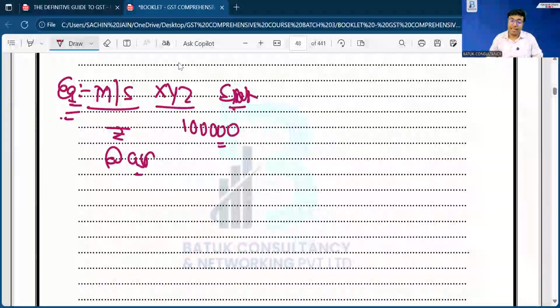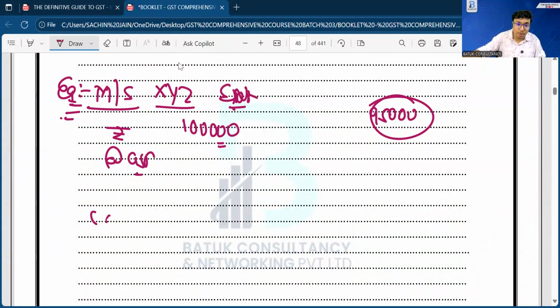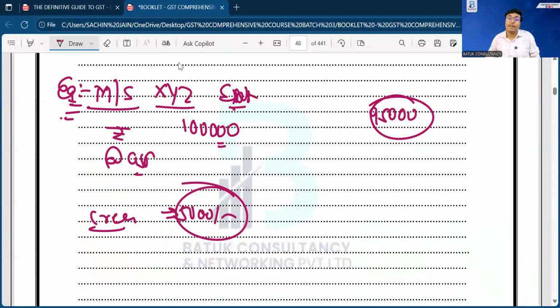In that case, the buyer is saying that I will only pay you 95,000 rupees. So in that case, XYZ has to issue a credit note for 5,000 rupees. But sir, the terms related to discount have not been decided at the time of supply. Terms have not been decided. So when the terms have not been decided at the time of supply,